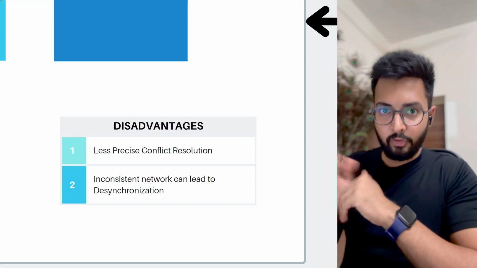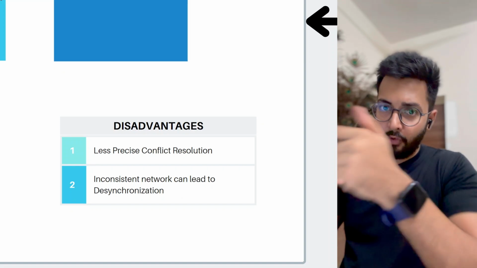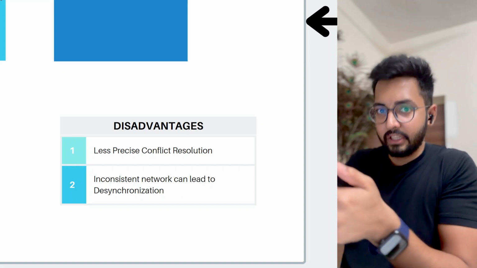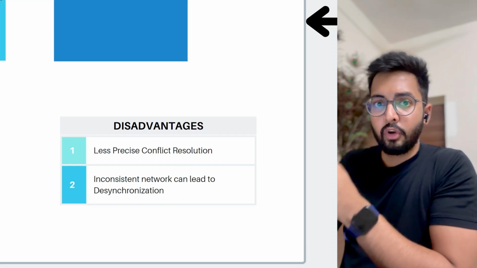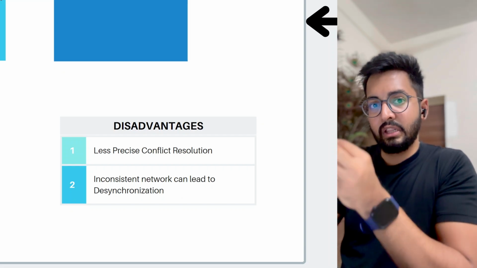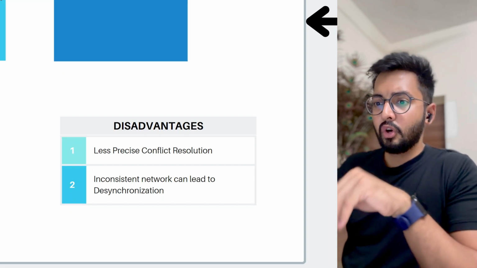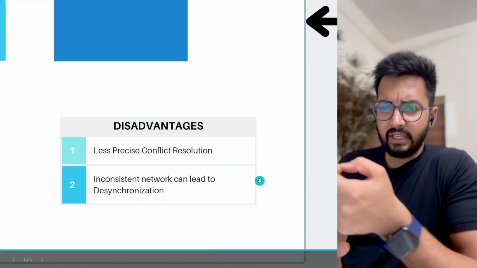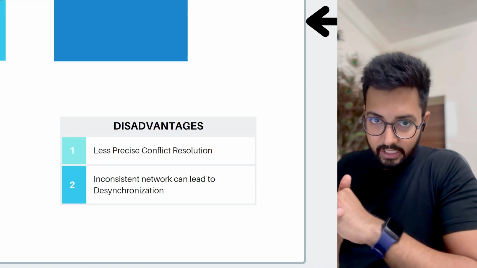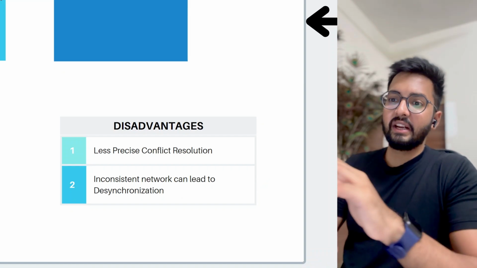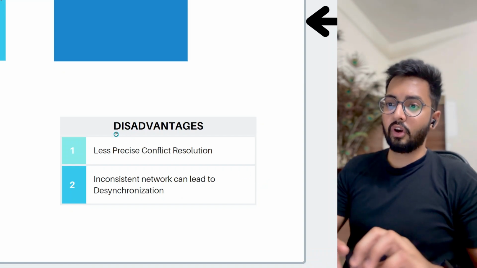So the last one would win, because the first one would do it and update the document, and the second one, the last one, which does it, would overwrite the one done previously. So the conflict resolution is less precise. And the second one is that an inconsistent network can lead to desynchronization. So these are the disadvantages for